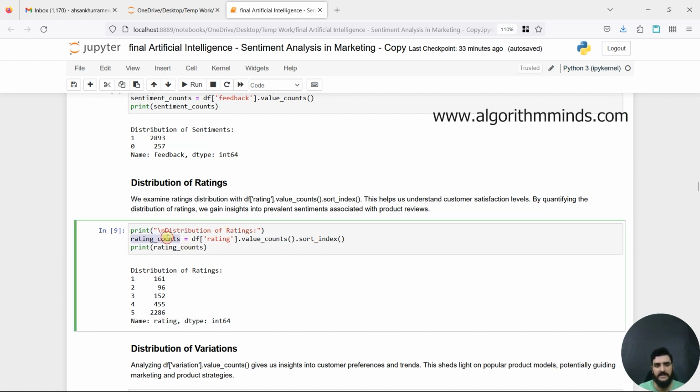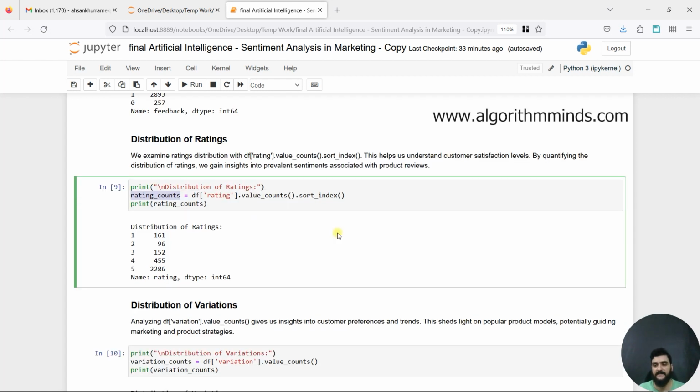First we assign a variable, then we call our df data frame, then we call the specific column, and then we use value counts, and we will store these values rating-wise. So it's not by the value, actually it's by rating: 1, 2, 3, 4, 5 is by rating, not by the actual value that is present in it. So after analyzing, we do see that